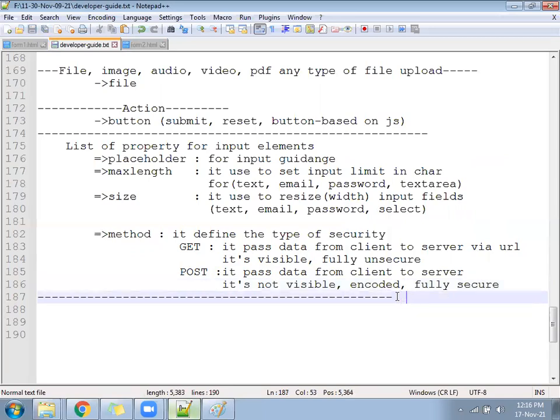So for secure communication we follow the post method. For unsecure communication we can follow the get method.